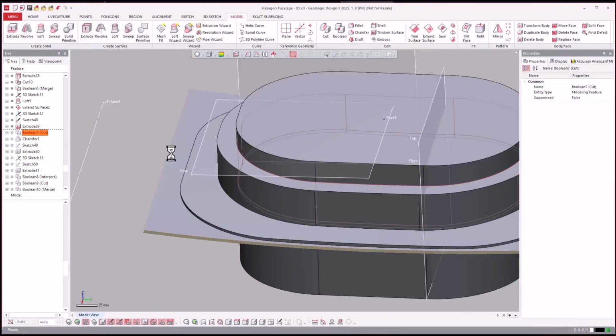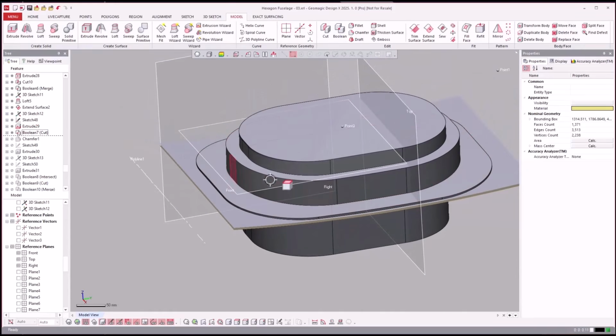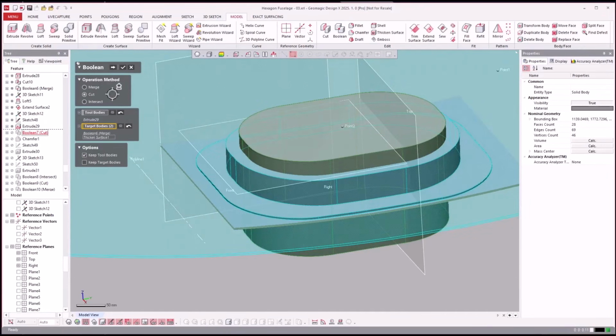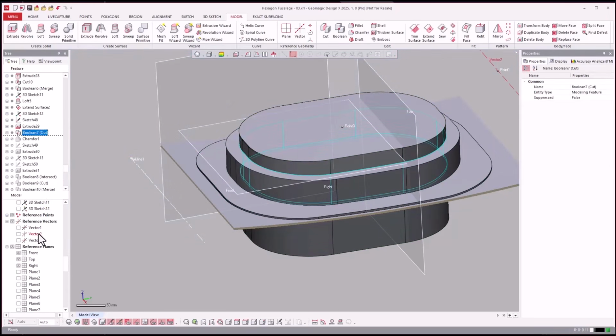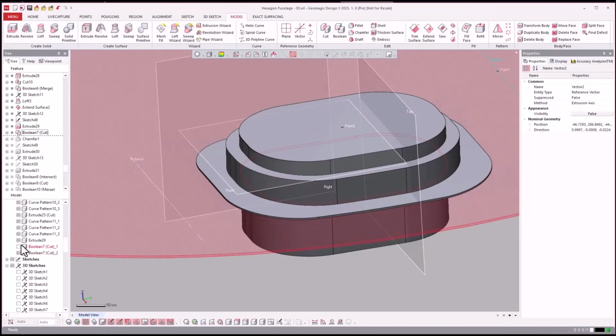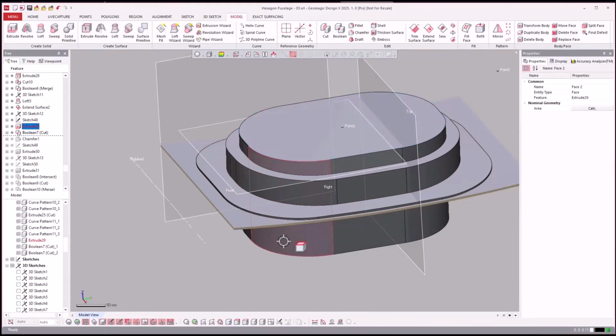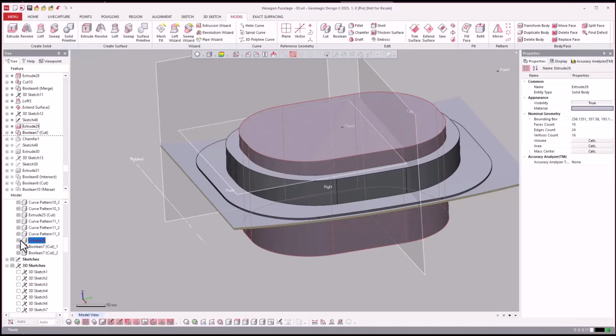Boolean all of the pieces together, and a new command that we have now, you see that we did a Boolean, but the tool is still sitting there, inside of the Boolean command. I'll just make people aware again that now inside of the Boolean command, we have the option to keep the tool bodies or keep the target bodies around in case you need to use them again later for other things. So that is why that Boolean solid is, we Booleaned it away, but yet this guy is still there. So if I just turn that off,